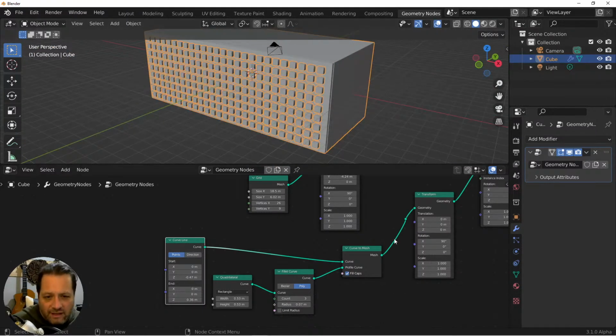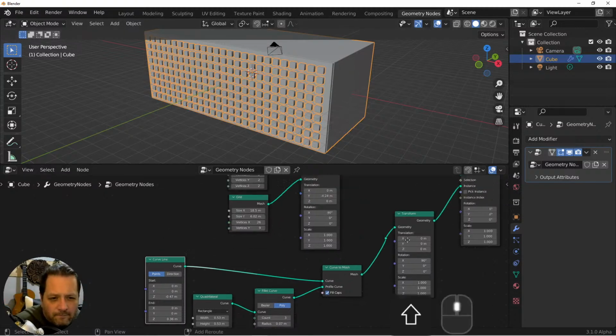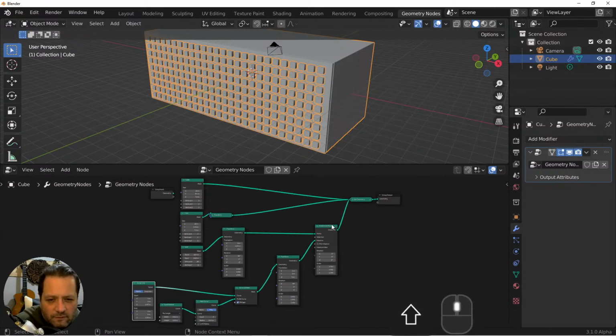All right, so now that we have this, we've got our cutter here. We've got what we want to cut, and then we've got this thing behind it. So if we look at our